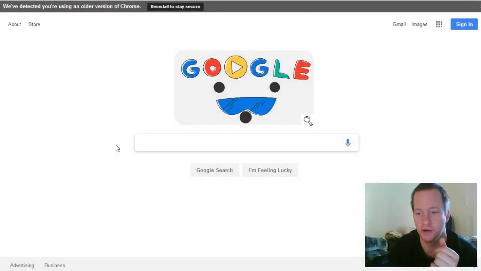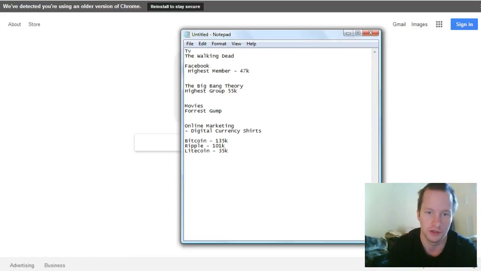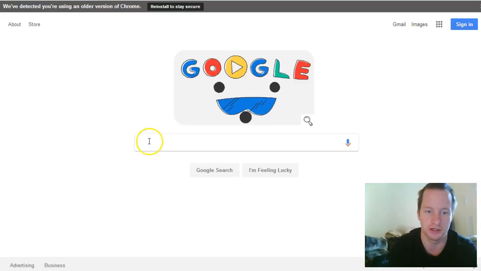Okay, so what you want to do on Google is find out as much information about that topic as you can. You want to find some more t-shirt ideas, and you want to find out how much it brings up in the search results. So let's do that for our first choice, The Walking Dead. Let's just type in The Walking Dead, and we'll see